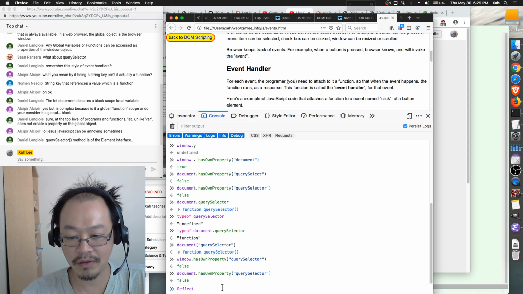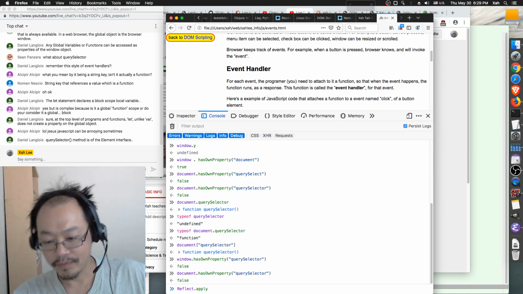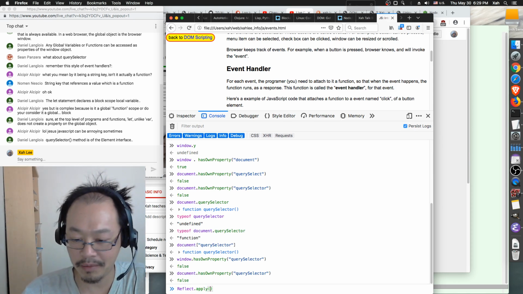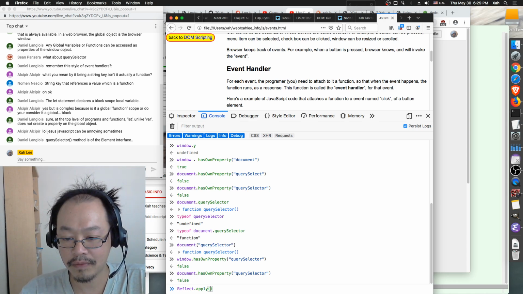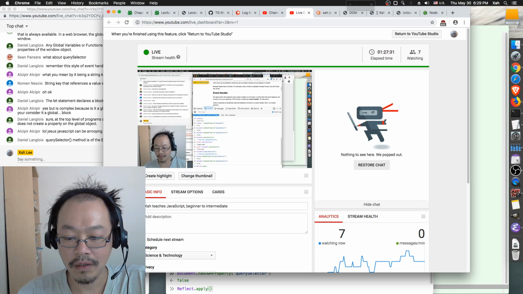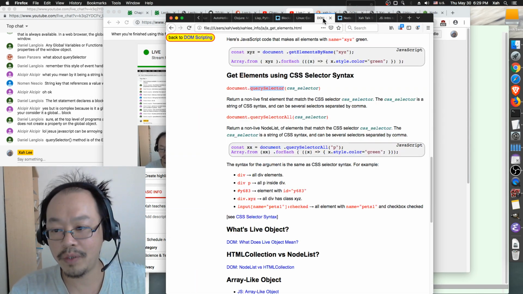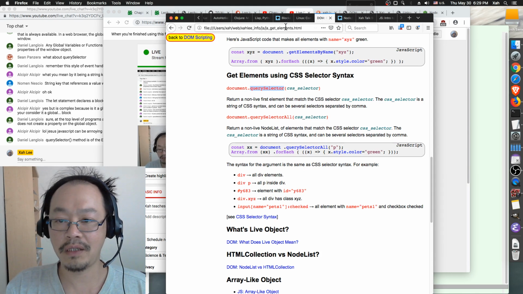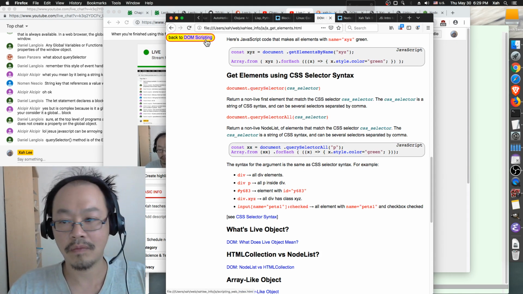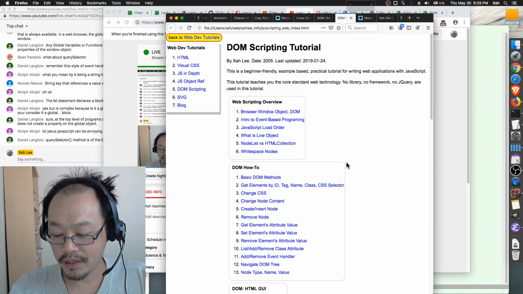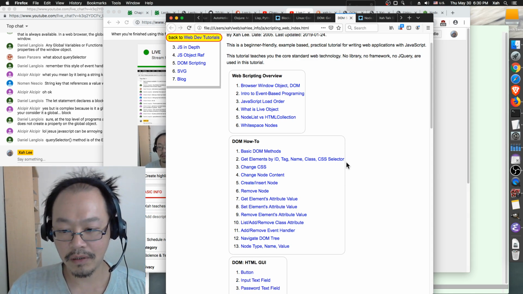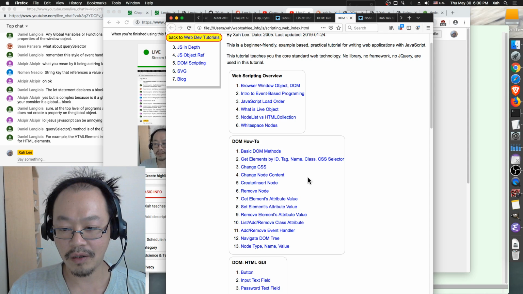So what I'm going to do is call the method Reflect.apply, which takes 3 arguments. The first argument is the function we want. The function we want is, we want to find out what's the parent of the query selector. So first of all, we can go to the